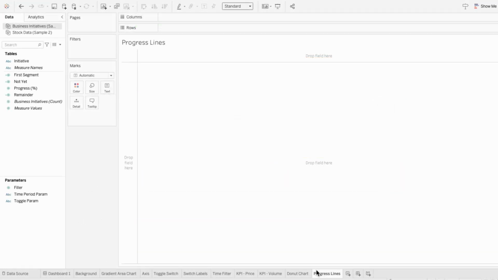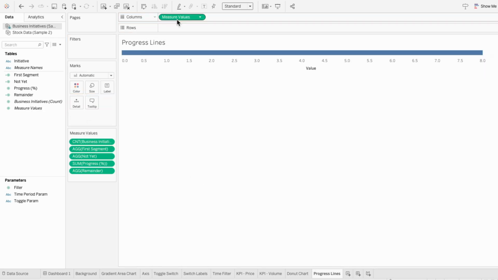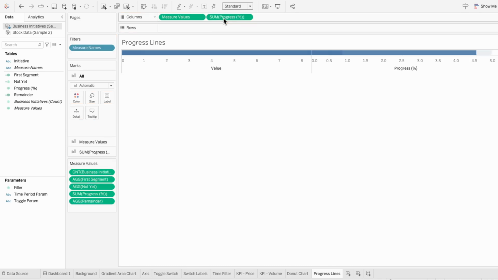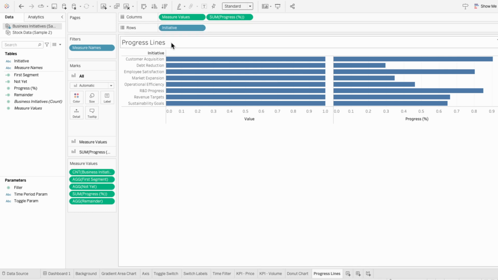To build the structure of this, I'm going to move the measure values into the columns, and I'll move our metric, which is the progress percent, into the columns as well. For rows, I'm going to pull in our initiative field. And under the measure values, I'll type 0, and I'll type 1. And then I'll remove all the fields that aren't the 0 and the 1. So you can see here, 0 and 1 will be the start and end. That way we have lines of equal length, and we can show the progress of each initiative with circles that